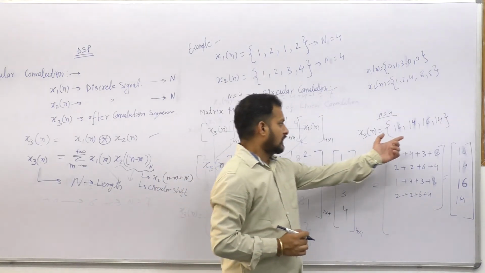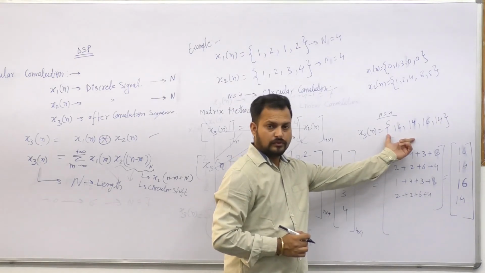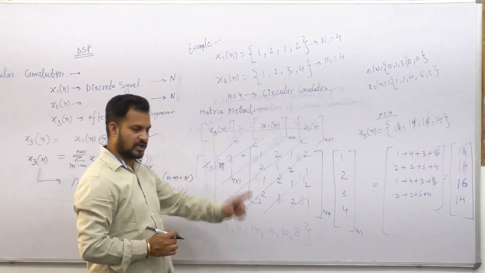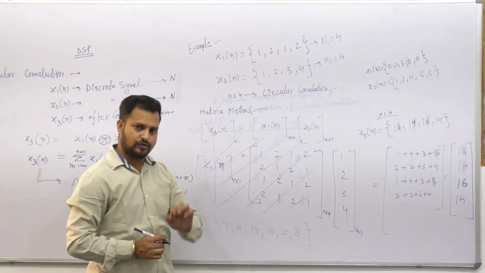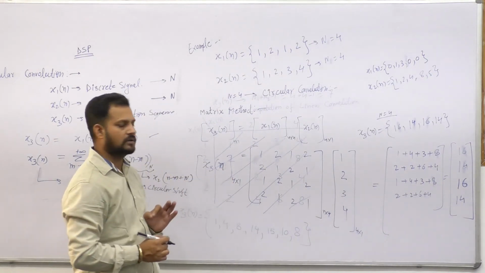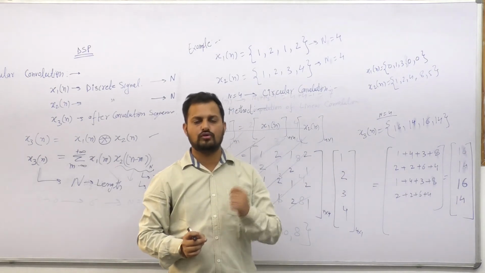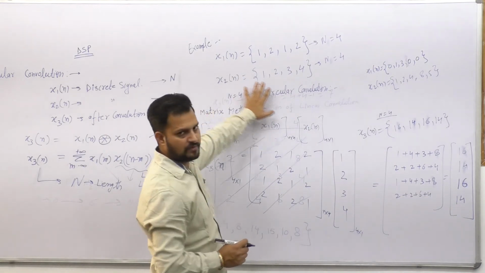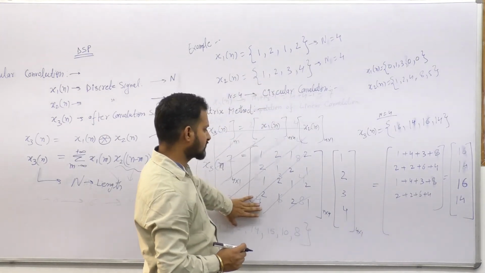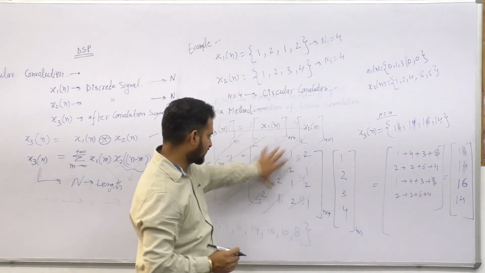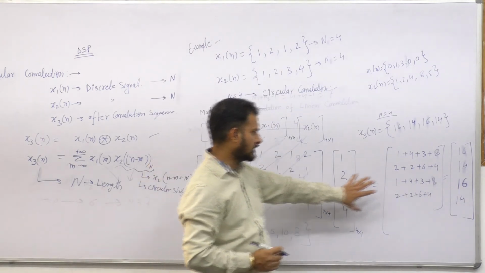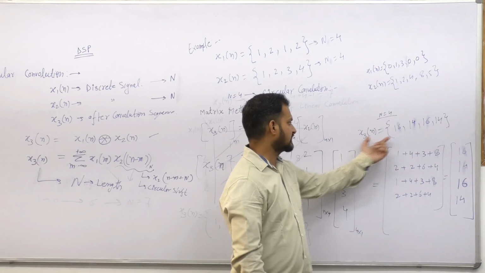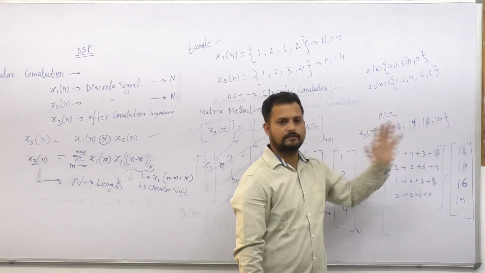I can find these values with the help of the linear convolution as well. So this is the relationship I am going to match with the linear convolution and the circular convolution. Just now we have learned how to compute the linear convolution and how to compute the circular convolution, right? So circular convolution, one example, same example we are taking. We have computed in terms of matrix form. We have multiplied, shifted versus circular shifting we have done with this matrix, and then we have computed, and 16, 14, 16, 14 we are getting, right? So x3n we are getting 16, 14, 16, 14.